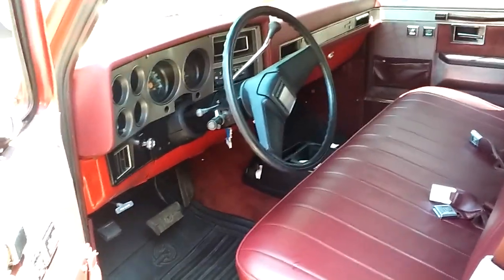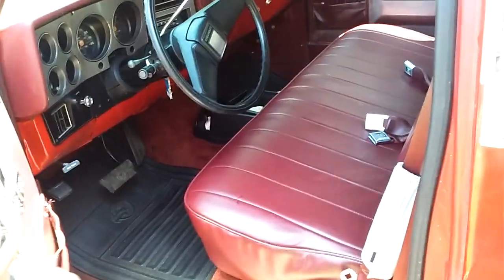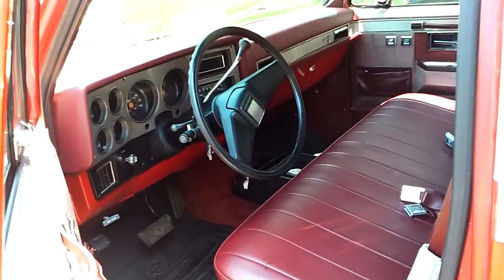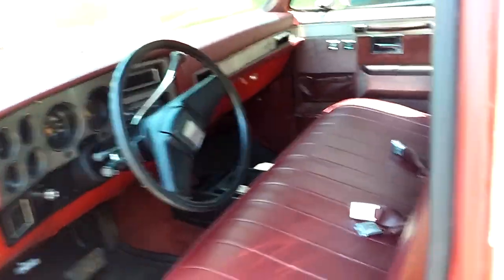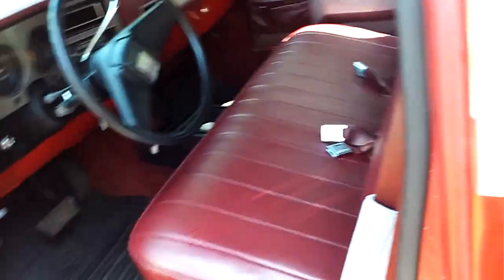But as I said, if you watched my video earlier today of my 62 Impala, all these trucks and vehicles that I have, they all need something, don't they? But I've had the air fixed on it, and see, what else have I had? Well, oh yeah,